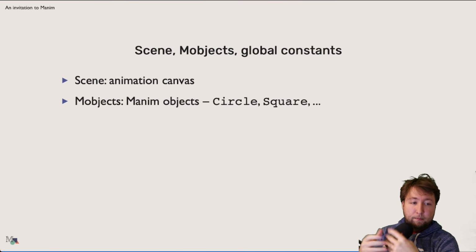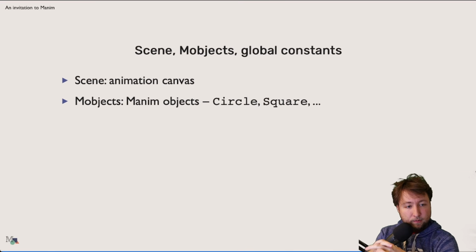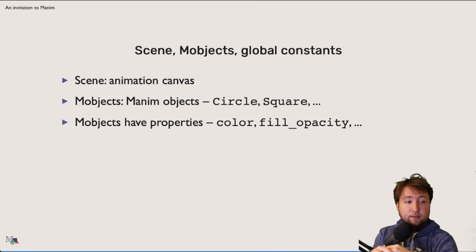There are many others. There are axes for plotting functions. You can have a number plane with grid lines. You can have a table. You can have a graph and many other things. We have also seen already that when we create objects, we can give them some sort of properties.